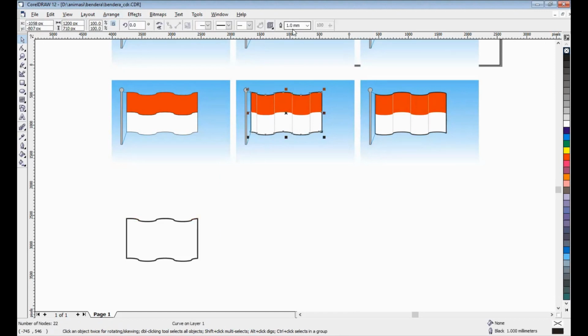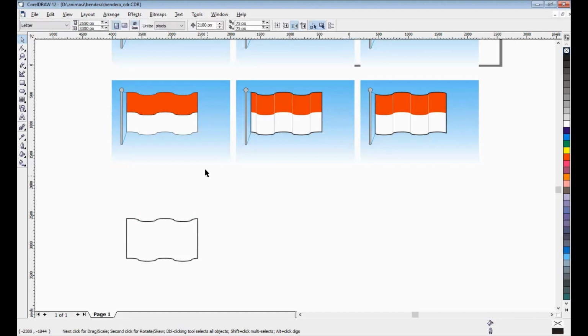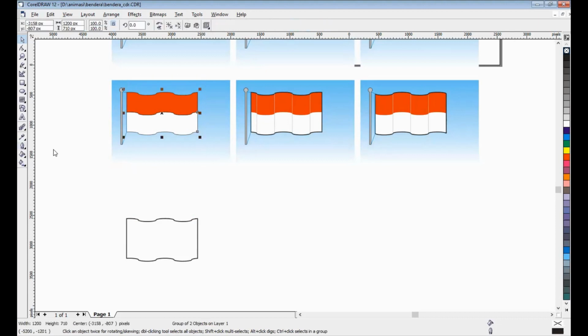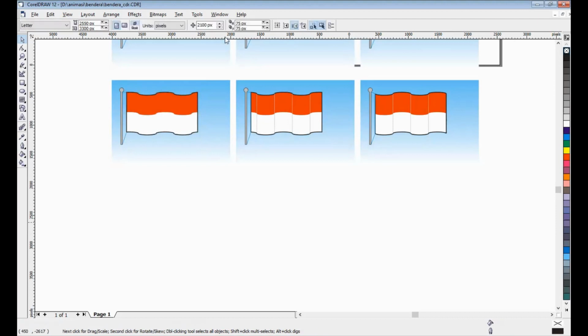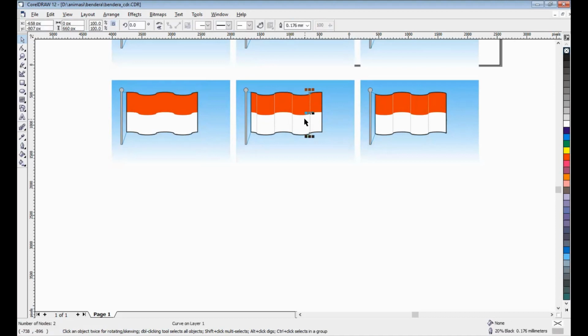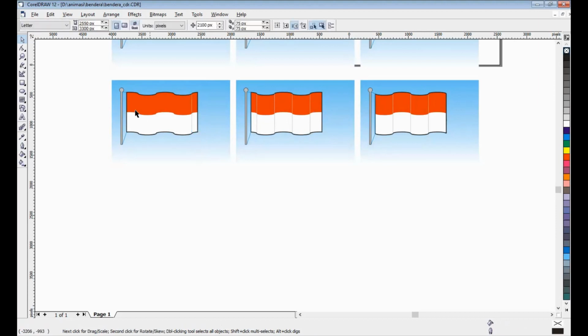Okay, 1 millimeter, and I will change to 1 millimeter 2. After that, I create no outline, and then, okay, sorry, no fill. That's it. Okay, let's try. I will copy this, Control C, Control V, of this. That's it. We'll check.